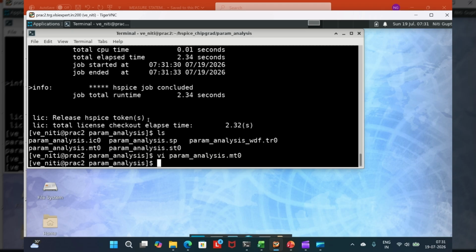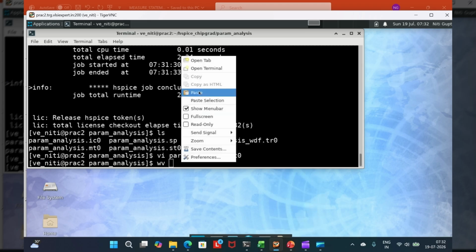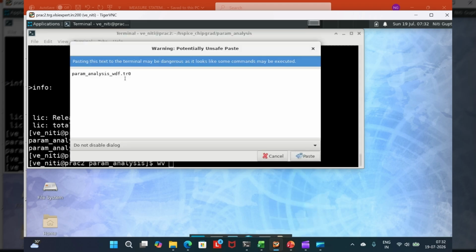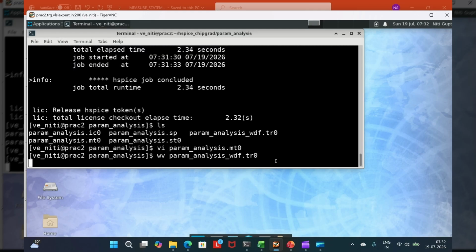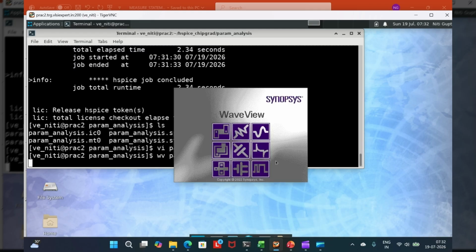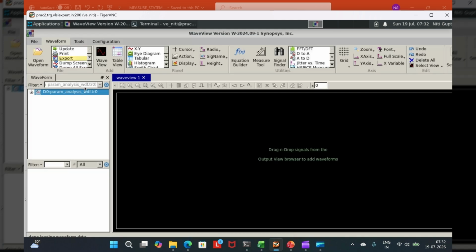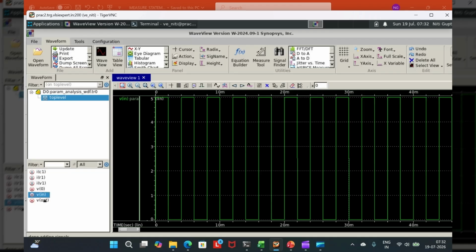Now also I will show you the waveform. So at top level I'll click V in, V out.